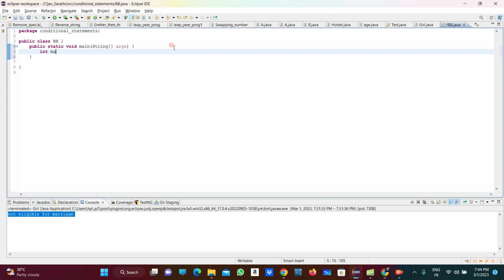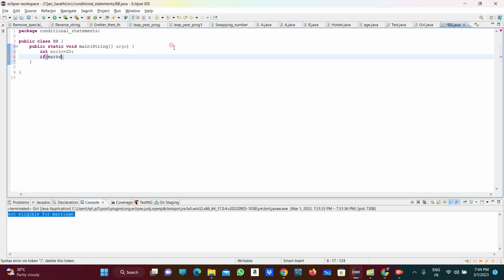Suppose integer marks equals to, something, 20 I am taking initially, and I am putting the condition if marks is greater than or equals to 65,